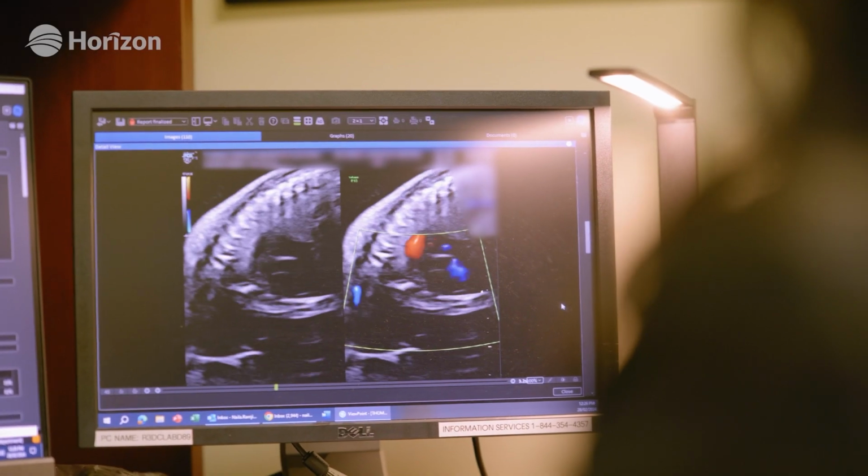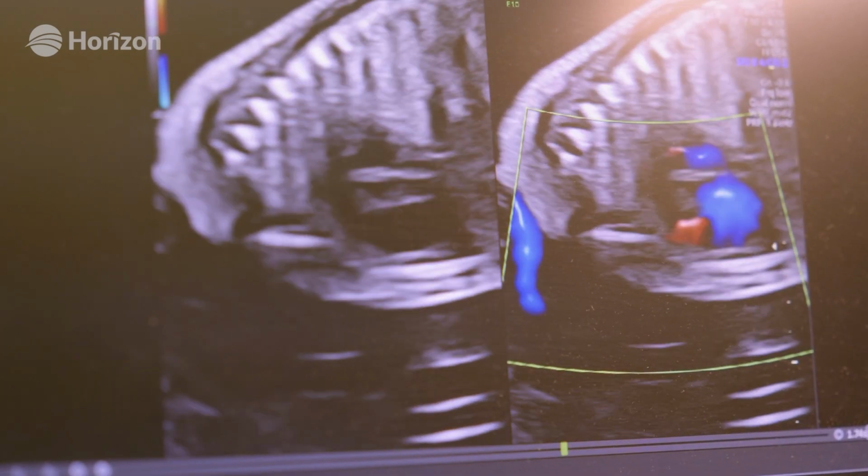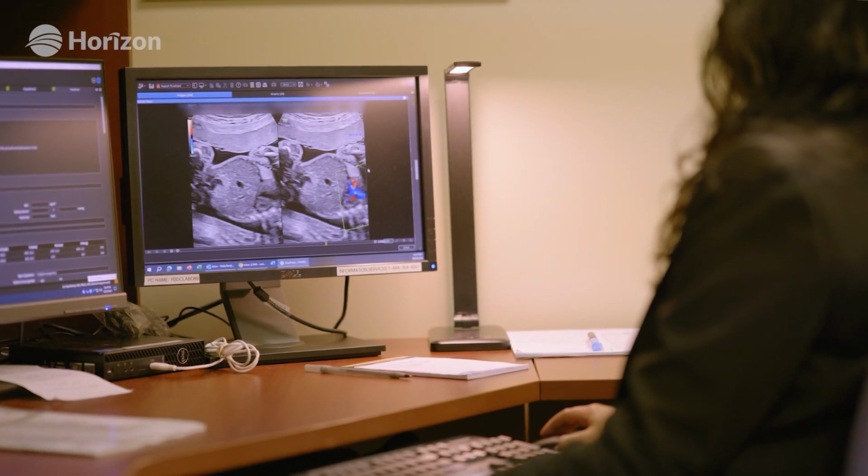looks for birth defects. If any of these screening tests are abnormal, your prenatal care provider may offer you diagnostic testing, which might include a fetal echocardiogram to look at the fetal heart in more detail, or a fetal MRI to look at the fetal brain and nervous system in more detail. You might also be offered invasive diagnostic testing with chorionic villus sampling, where a very small piece of the placenta is collected and examined for chromosomal or genetic conditions, or an amniocentesis, where a small amount of amniotic fluid is collected and checked for chromosomal or genetic conditions, and can also be tested for certain infections.